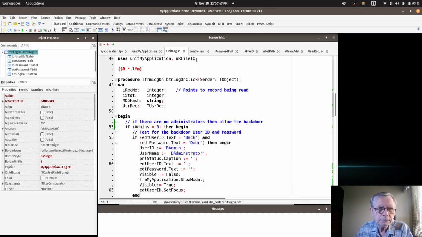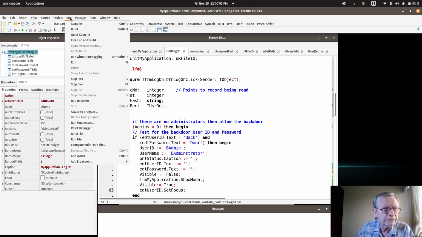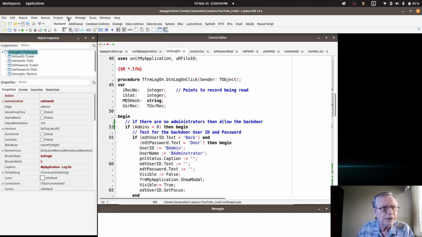In our main application window, let's make sure we're not running. I just want to make sure we're not running. We're not. Stop is disabled, run is enabled, so we're not running. Okay. That brings up the next thing, which is